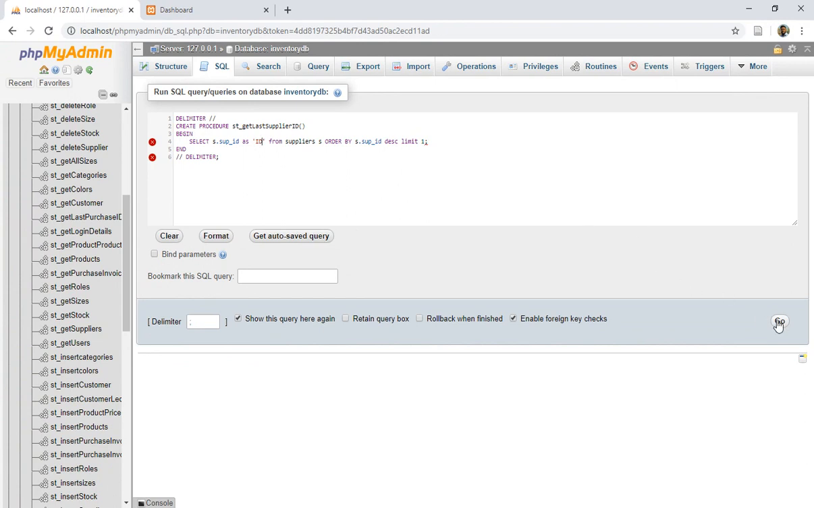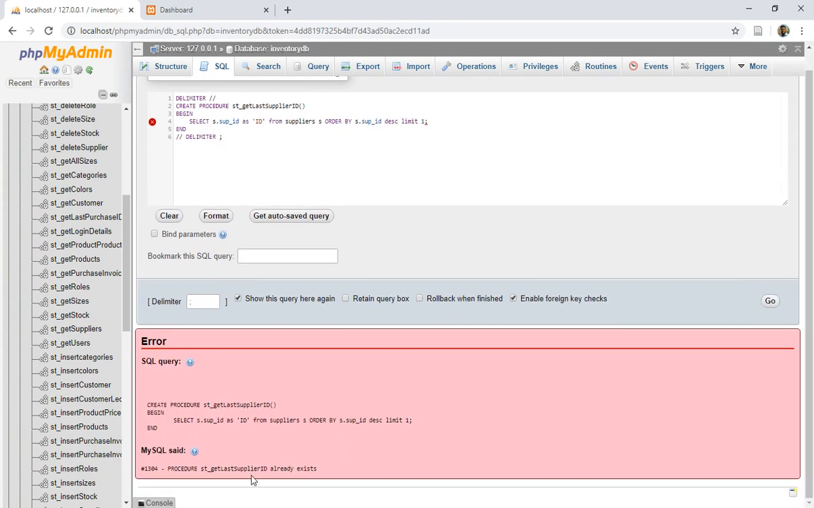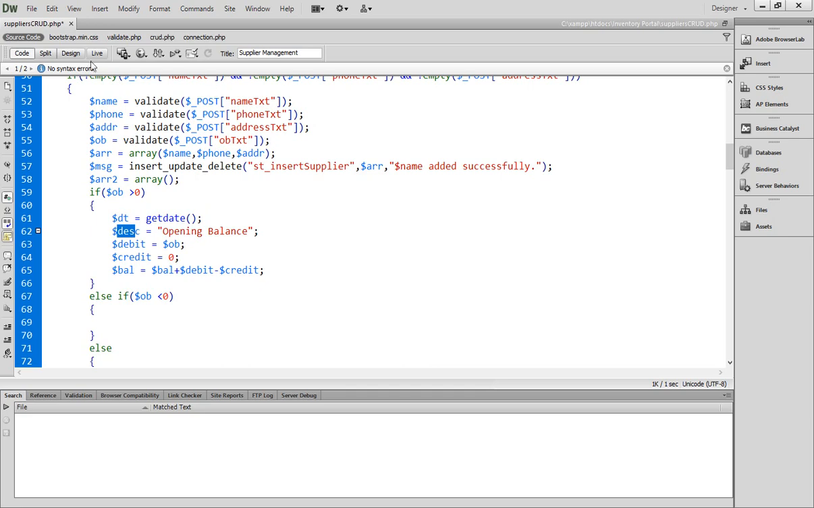Now let's execute. Okay, it shows me an error. Okay, we have to specify space here and then now click on the go button. Now you see stored procedure already exists. That means that it's created successfully. Okay, now get last supplier ID. I wanted to get this record. So let's go to the